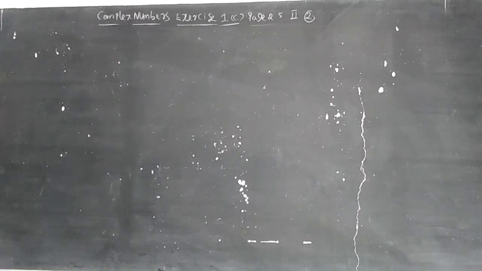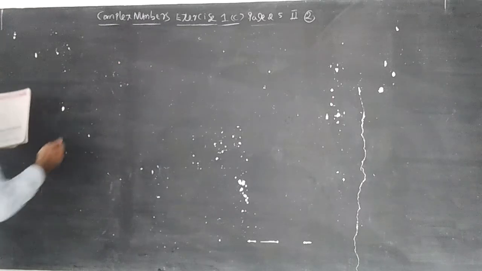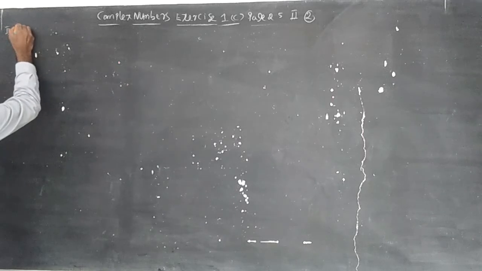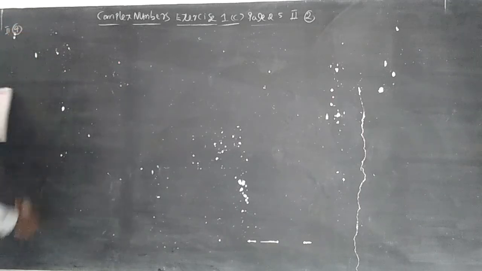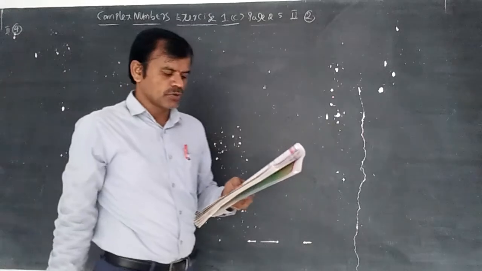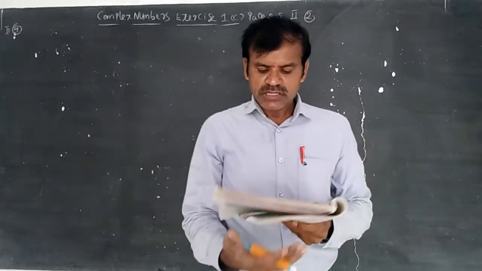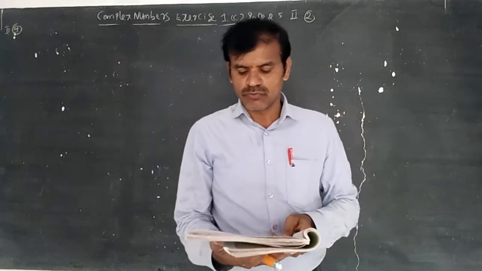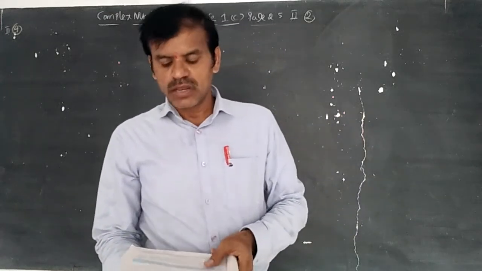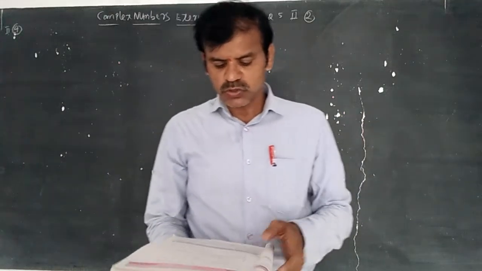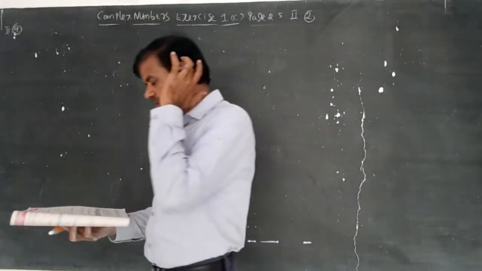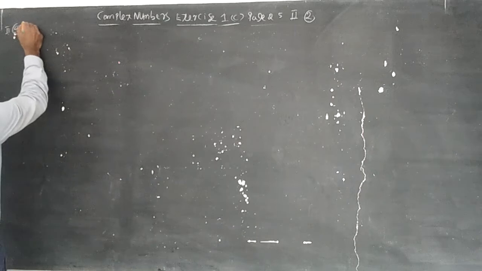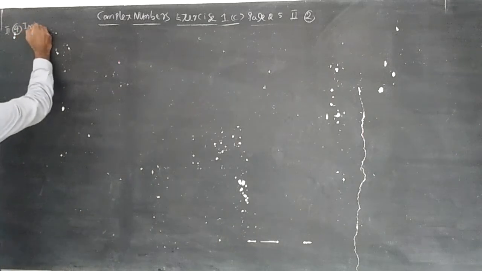Last question, fourth question in Roman number 2, page number 25. If Z1, Z2 are two non-zero complex numbers satisfying modulus of Z1 plus Z2 is equal to modulus Z1 plus modulus Z2, then show that argument Z1 minus argument Z2 is equal to 0. This is IMP for objective.